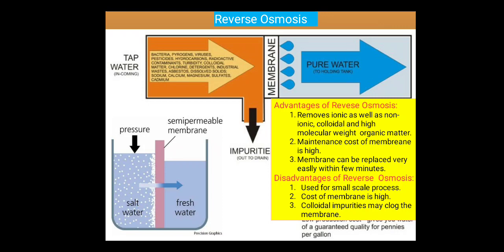Those are the disadvantages and advantages of this process. Generally, reverse osmosis is used on a small scale. Most water purifiers run on this reverse osmosis process, which gives better results on a small scale. I think from this video you are able to learn what the reverse osmosis process is, how it works, and what the advantages and disadvantages of this process are.